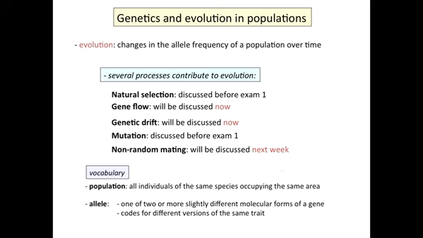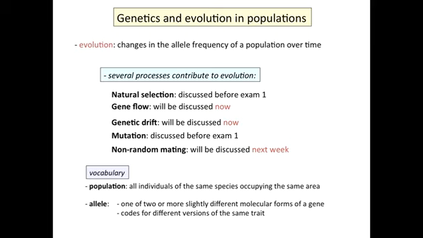All right, so why do we care? Because evolutionary biology involves a fair bit of genetics. Why? When we talk about evolution, we're talking about changes in the allele frequency of a population over time. Why do the changes take place over time? The interaction of populations of organisms with their environment, that's the ecological part of evolutionary biology. But on the genetic side, we need to think about what affects allele frequencies in a population.